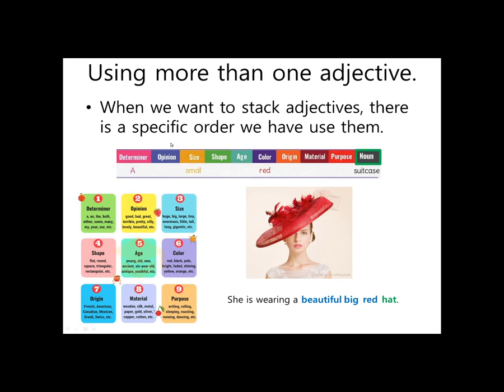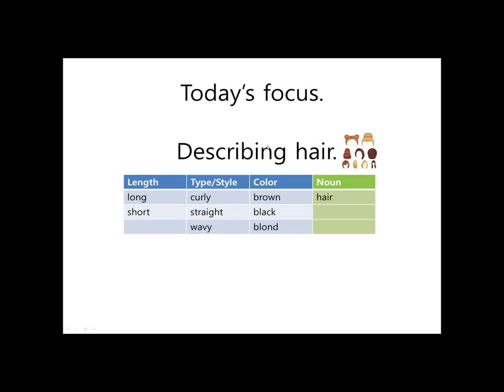Okay, these are the basic types of adjectives you will practice at middle and high school. And these categories can also get a bit bigger at higher levels. Okay, so today's focus. We will learn different ways to describe people. One of them will be describing hair. This is hair. Okay, that's our noun. And this is the order of adjectives we use. So we put length,